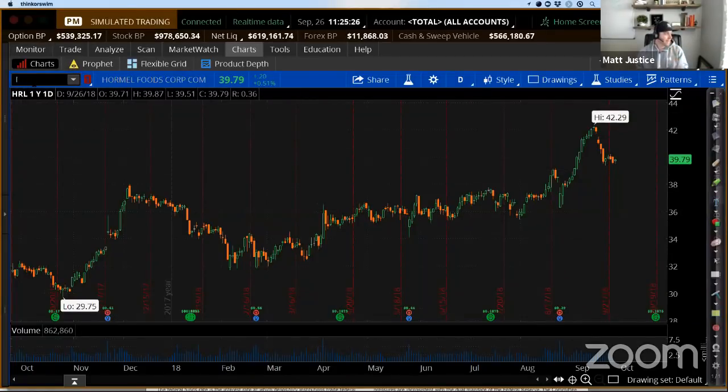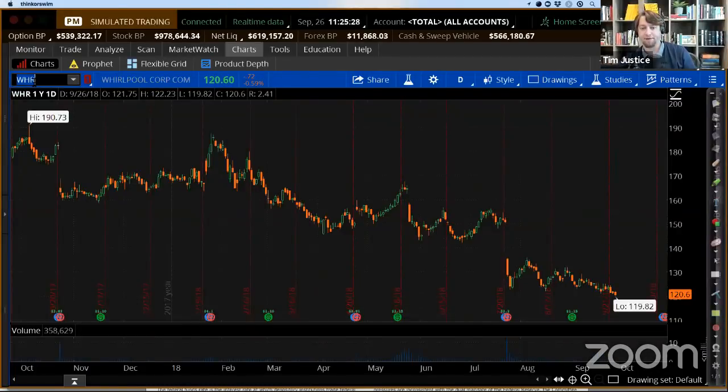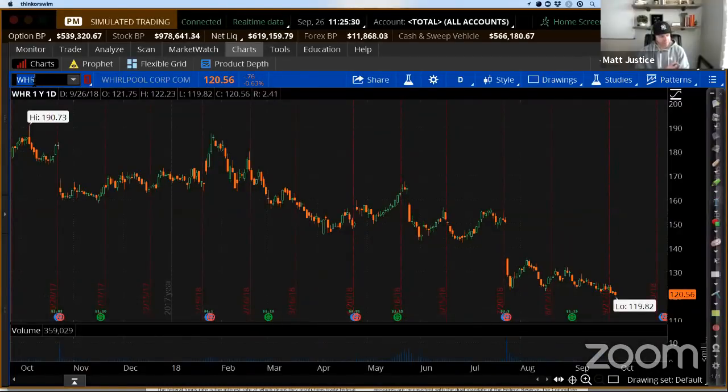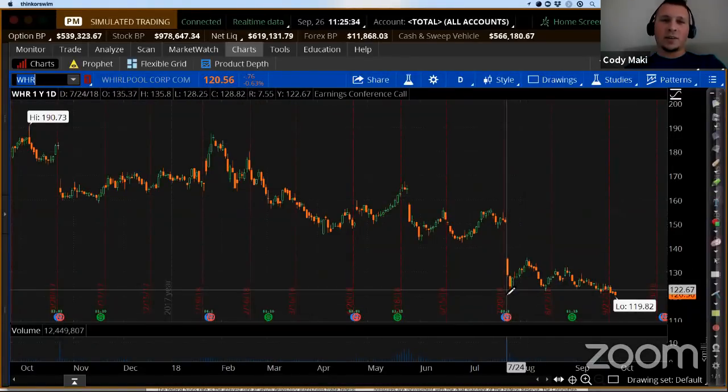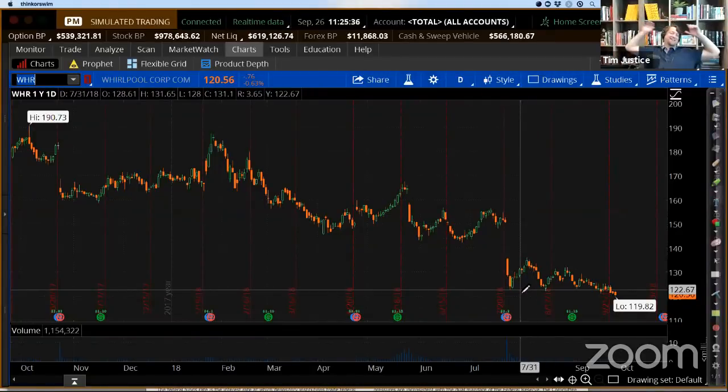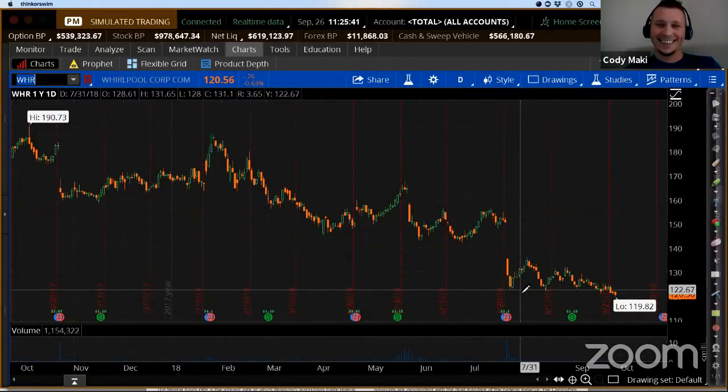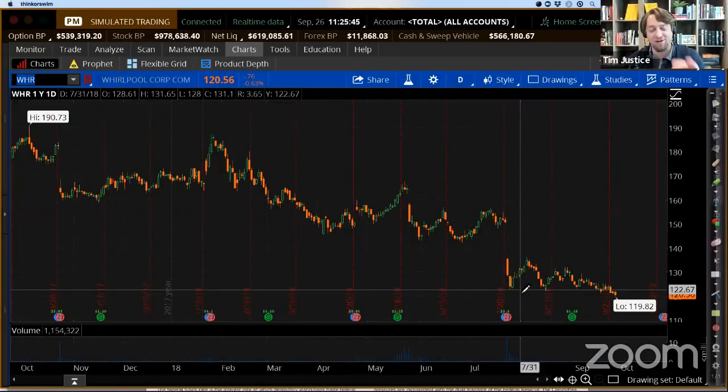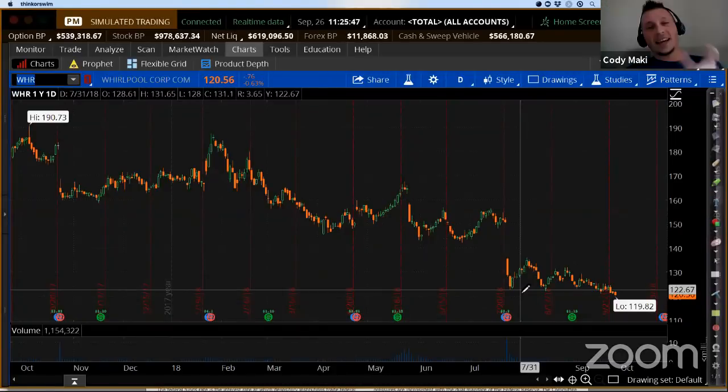WHR. Yeah, I like this one a lot. Actually, WHR, little breakdown out of a descending triangle. You're gonna steal my pick now, aren't you? Yes, I am going to steal your pick. You're stealing my pick and just gonna go for it. That's my pick. It was on the paper. First of all, the three of you took it from my option report on the weekend. We did take it from the option report. That is true, Tim.